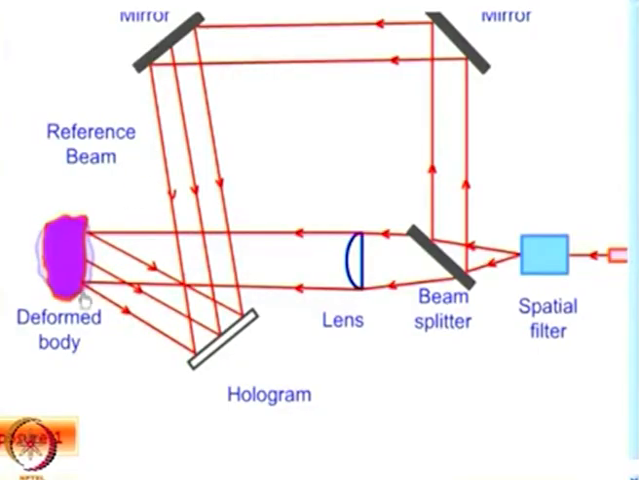is deformed, and how I obtained the deformation I have not shown in the figure. I have only shown that this is a deformed body. So, the light reflected from the deformed body is also recorded in the same holographic plate. Now, when I develop this plate, I will be able to get the fringes which are representative of complete deformation of the 3 dimensional object. That is the advantage of holography,